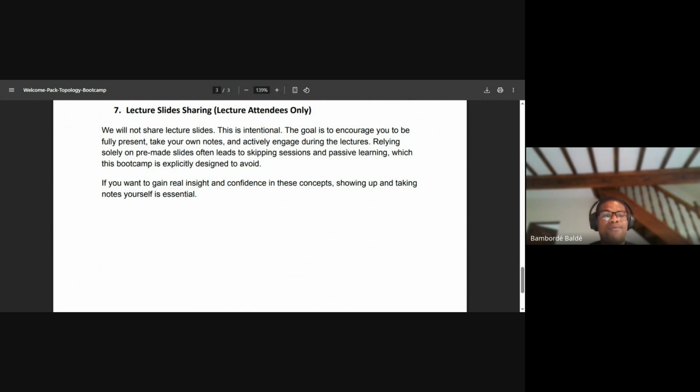Most people that we give the slides to end up not showing up in the live lectures because they think, oh, I have the slides. And then when they show up in the lectures, we start to see there's a gap. Why? Because they miss some of the key things that the instructors were saying that are not on the slides, because obviously we cannot put everything on the slides. And they think, oh yeah, I can just read the slides or annotate, and I will be fine.